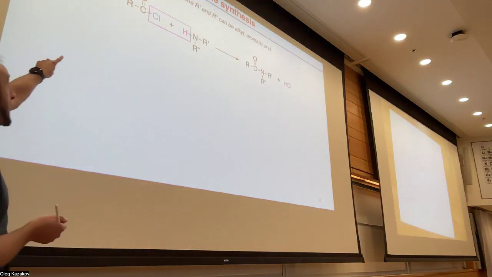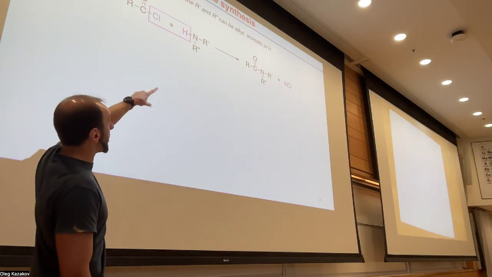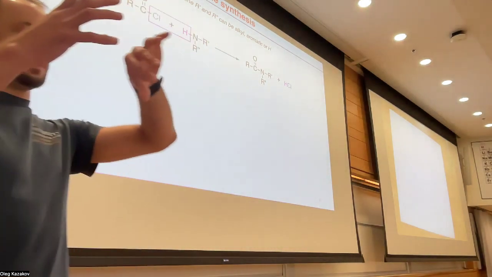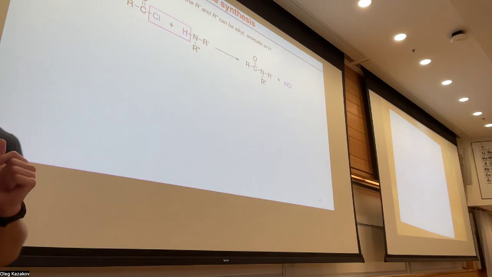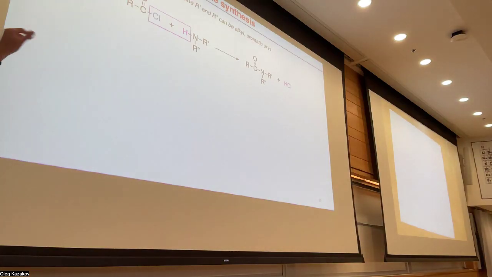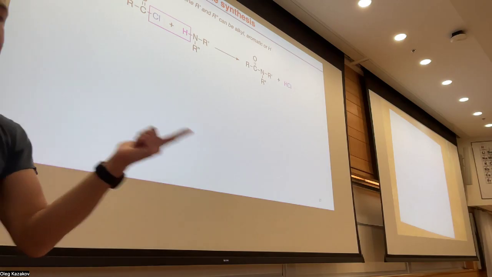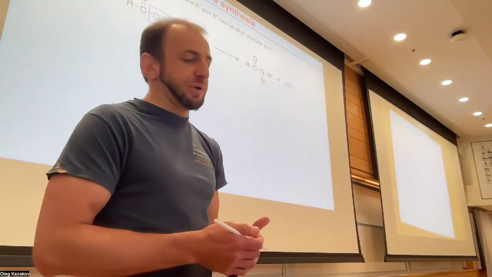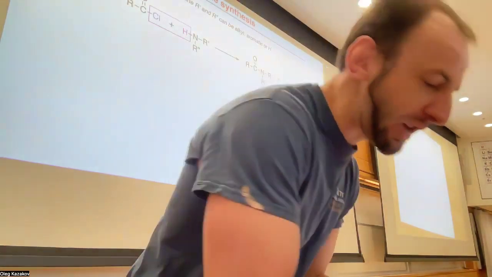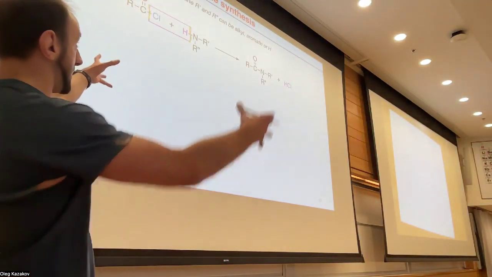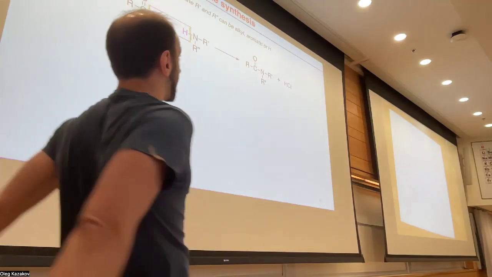You have compound A, acid chloride of some sort, and compound B, which is going to be your amine, which can donate or which can lose H, right? So that's going to be the key word here. It must have the NH bond. So for amide synthesis, you typically will use either primary or secondary amines because they will have at least one NH bond, right? Then the situation will be pretty simple. You are going to break a Cl bond and an H bond, right? So as you can see, HCl will be combined into your side product, HCl.